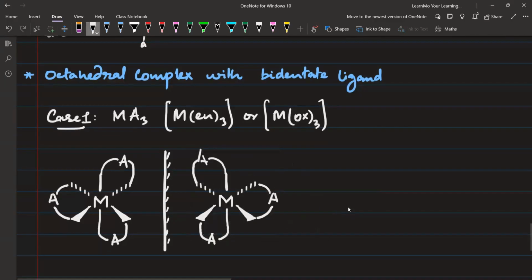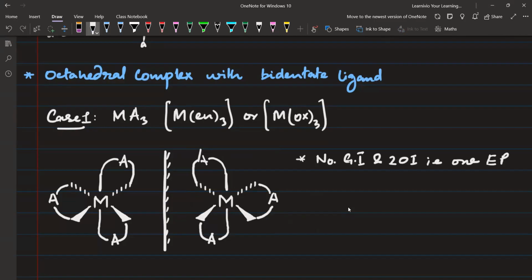Both of these are going to be enantiomers. तो यहाँ पे आपको कंक्लूजन लिख लेना है, जो कि याद करने वाली चीज है। This case will have no geometrical isomer and 2 optical isomers, that is 1 enantiomeric pair. हाँ, दो ऑप्टिकल आइसोमर हैं तो एक पेयर हो जाएगा।